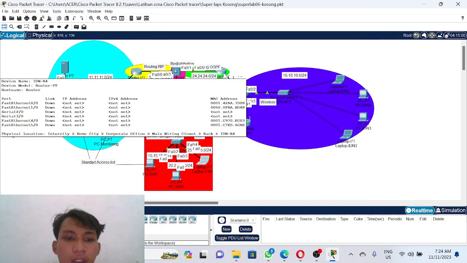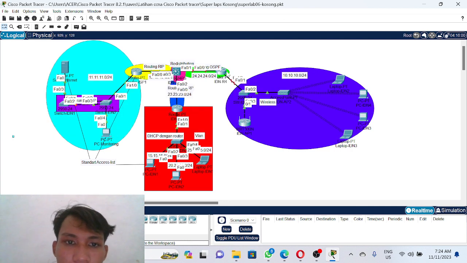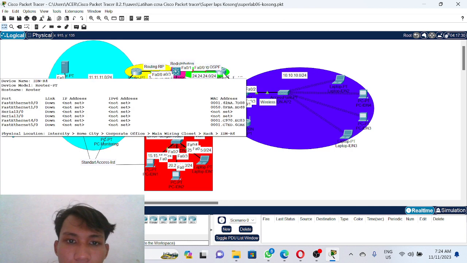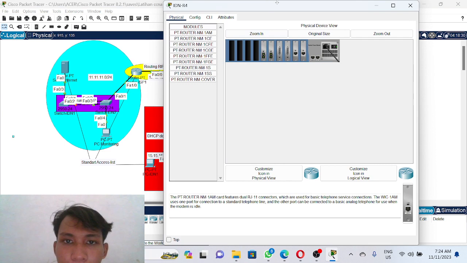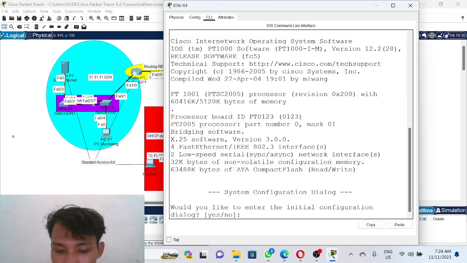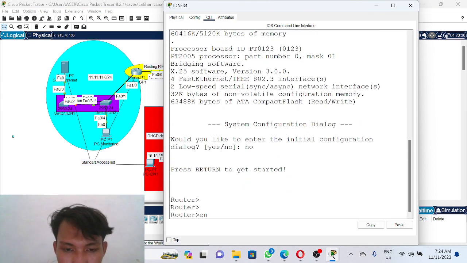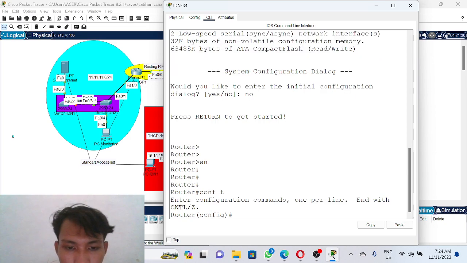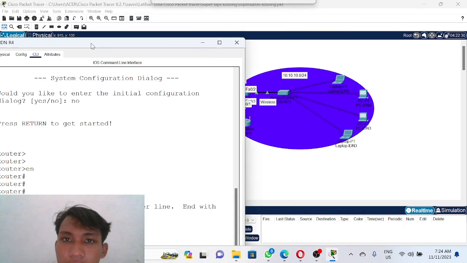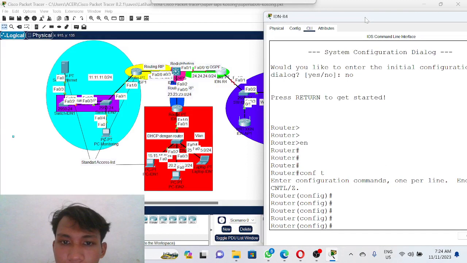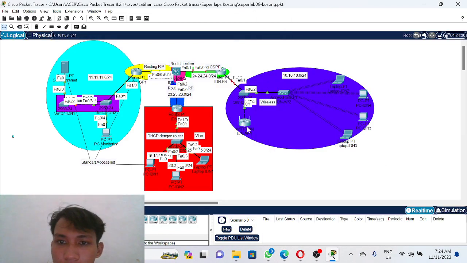Then we go to this router SPF, CLI, enable, configure terminal. Then first we set up the network 10. Okay, this is FastEthernet 1/0.